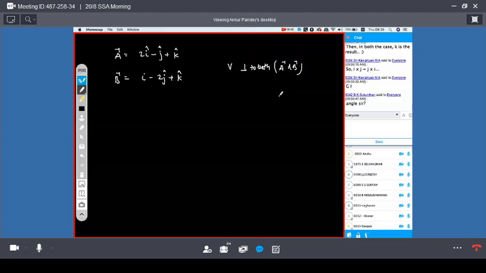Not required, beta. Here ijk is given. When ijk are not given, when magnitude and direction format is given, this is not a magnitude and direction format, right or not? Clear? When magnitude and direction format is given, you need an angle. Here you can directly multiply. 11th grade, remember how you cross multiply two vectors?